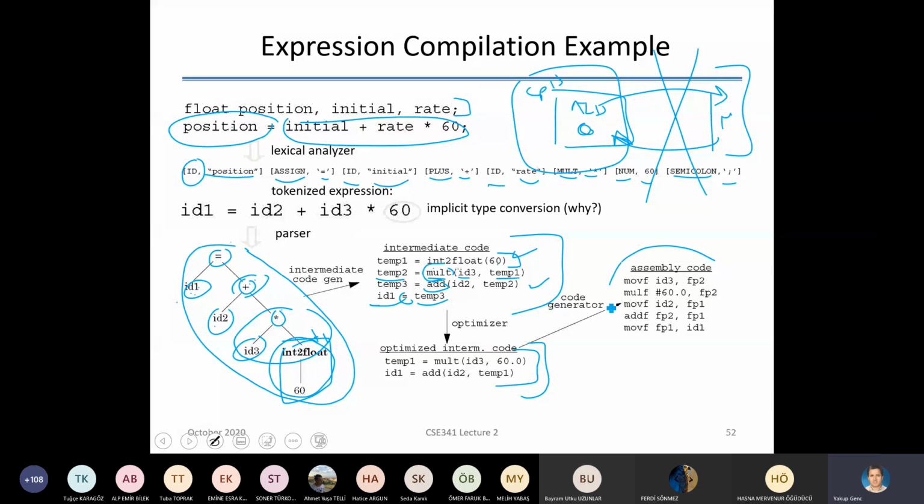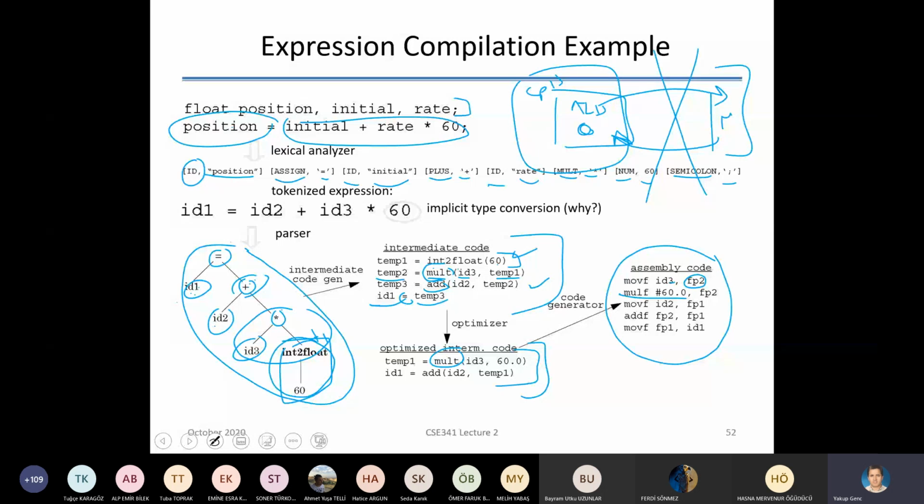After optimization, you optimize it with your intermediate code, and then you convert this intermediate thing to, for multiplication, so multiplication is very simple. You have FP2 in the memory moved to ID3, and then you do a multiplication and so forth. So this is the entire cycle of coming from source code to lexical analysis, tokenized expressions, and then parser,